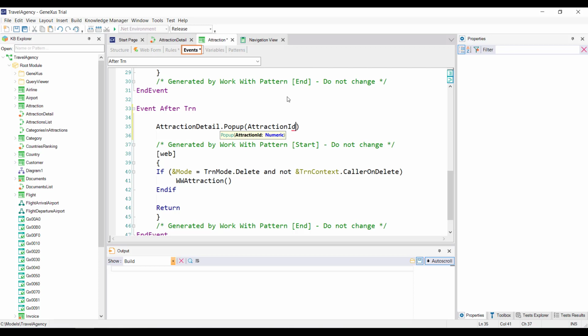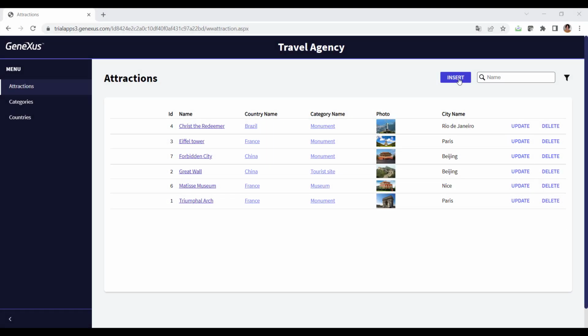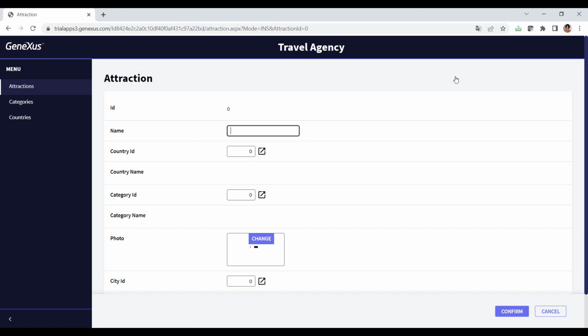To see it running, we press F5. We run Work with Attractions, and we're going to insert a new attraction.